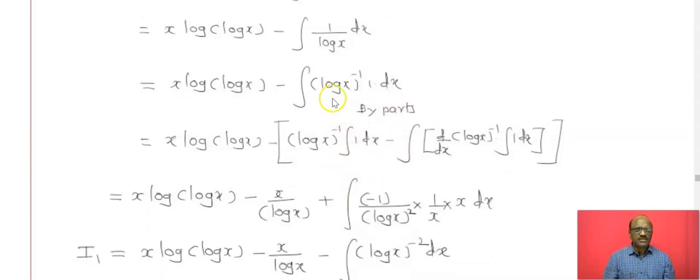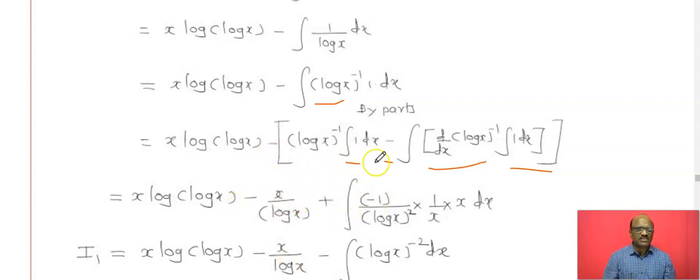Again by parts. That is the first function into integral of the second. Again this is the first function which is the logarithmic. What about the second? It is the algebraic function. Now here we will integrate the first function into integral of the second, minus derivative of the first into integral of the second, and in this way. What about the first function? That is log of x bracket to the power minus 1 and its power will become 1 upon log x. The integral of 1 dx is x, that is minus x upon log x.